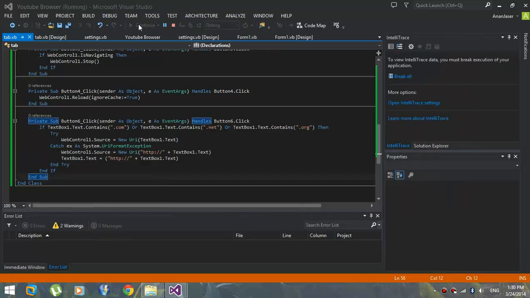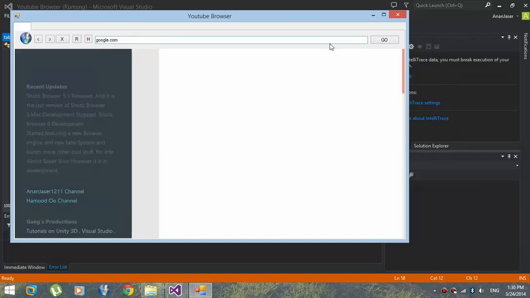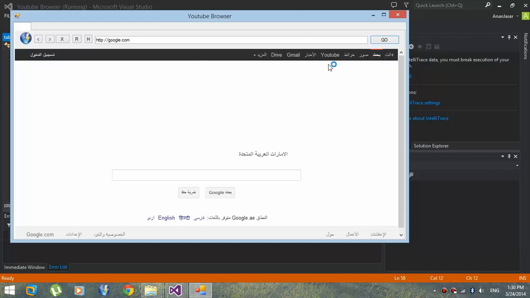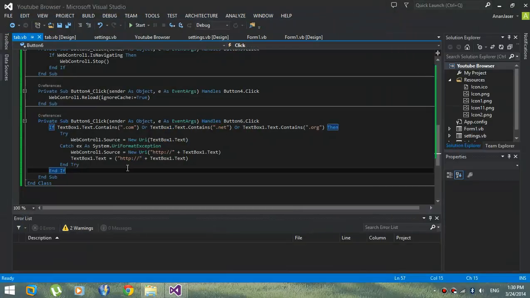Let's test it now. Google.com, go, and as you can see, it's supposed to navigate. So guys, what's the difference? Yeah, one thing also I have to do,